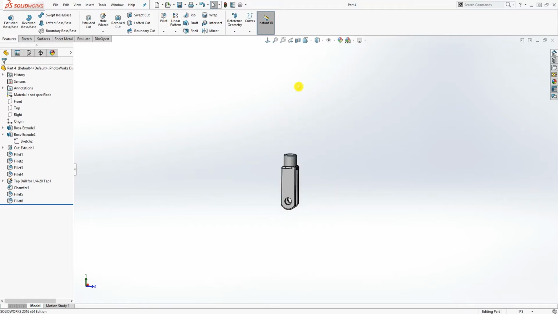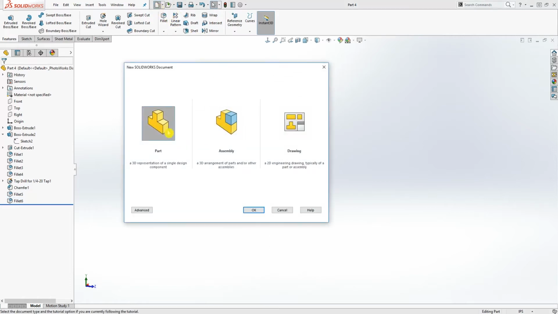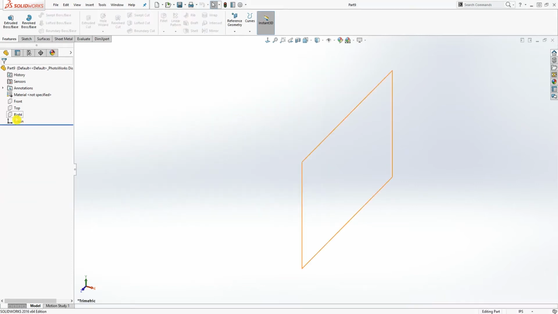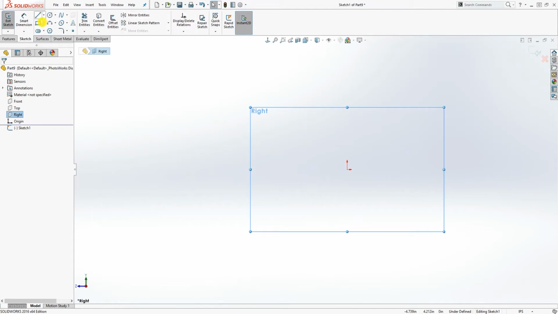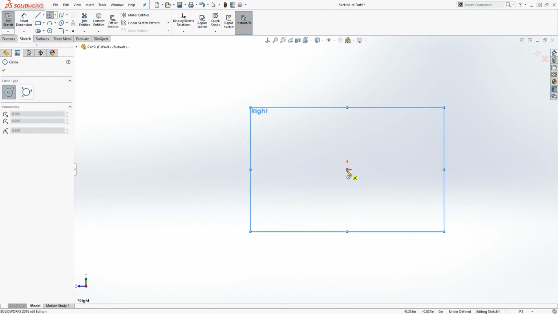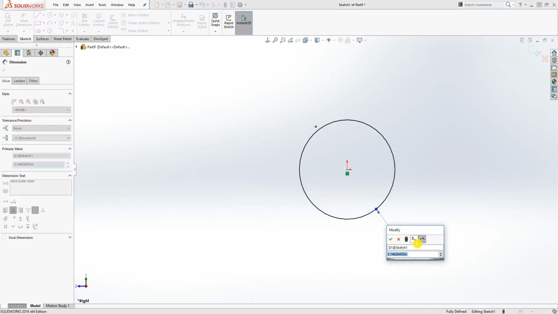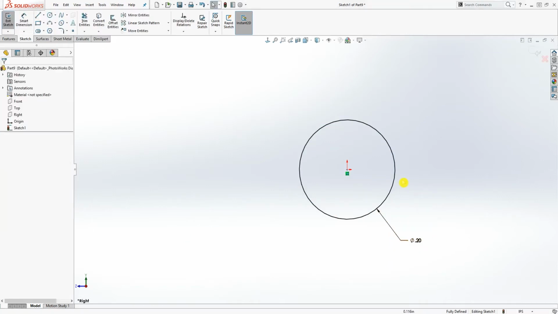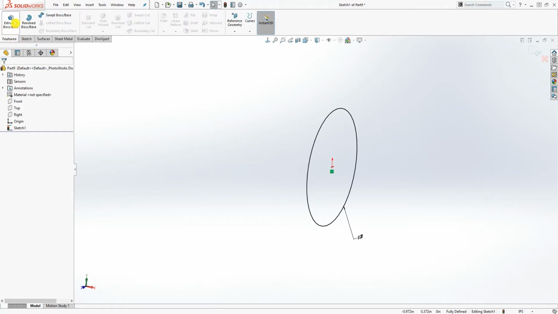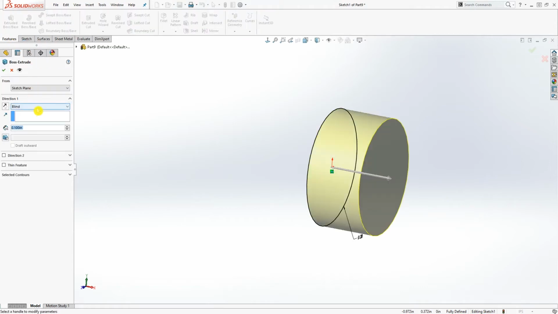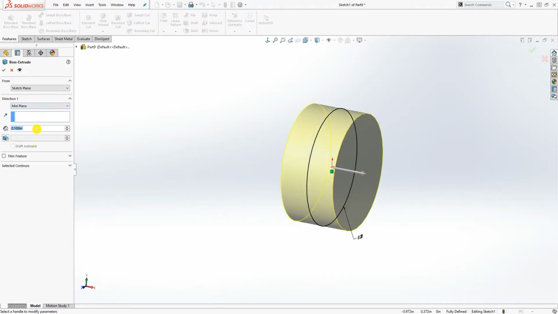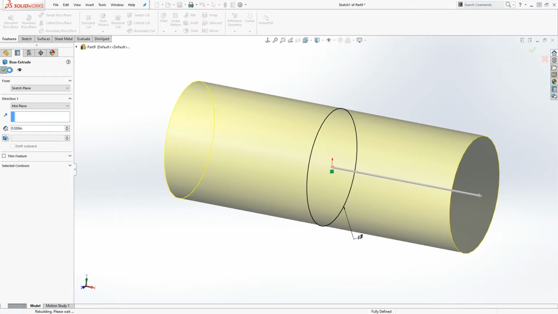New. So new part, okay, and on the right plane, sketch, we're going to draw a circle, and it is going to be 0.2. I'm going to extrude by the mid plane, and the extrude is going to be 0.55. Right,